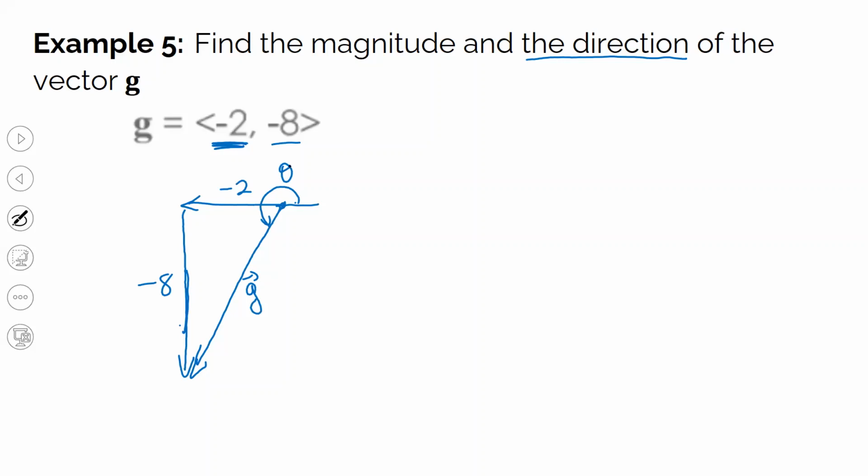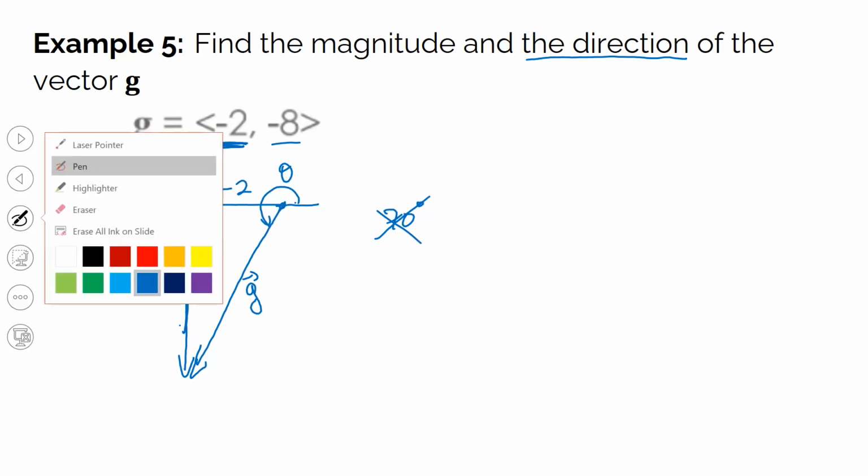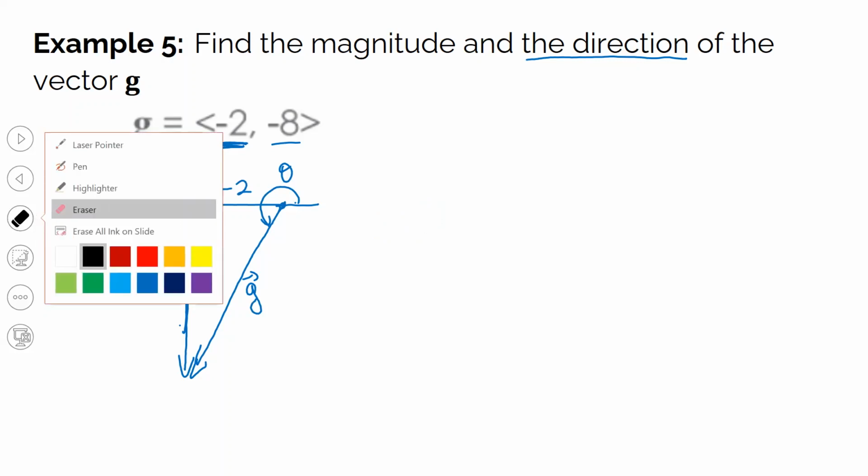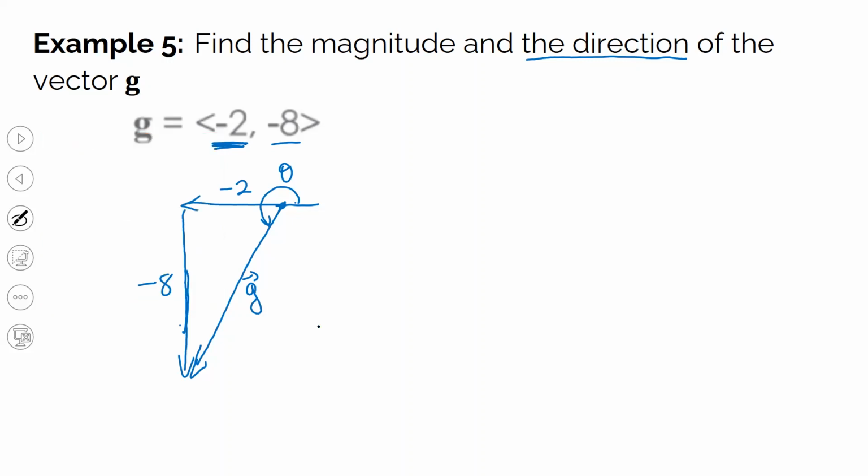Even just doing this, if you are given a multiple choice, you can already eliminate some of the options. If you are given something like 70 degrees, you can already say it cannot be 70, because the vector is facing down and it's in the 3rd quadrant. All I'm saying is try to sketch it because that might help you to quickly eliminate options that can never be the solution.